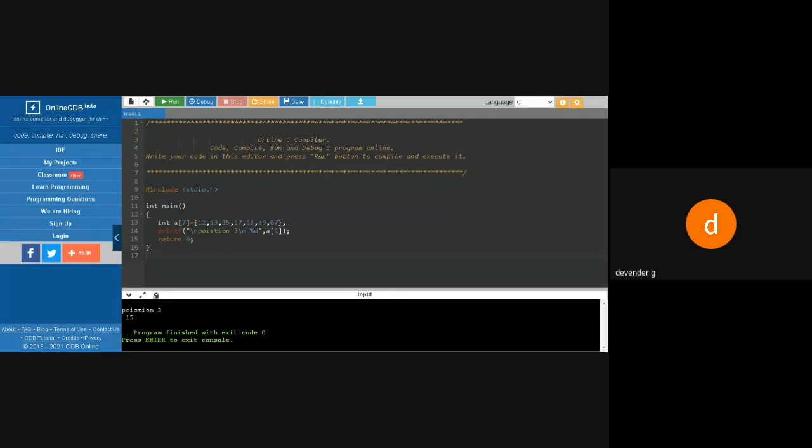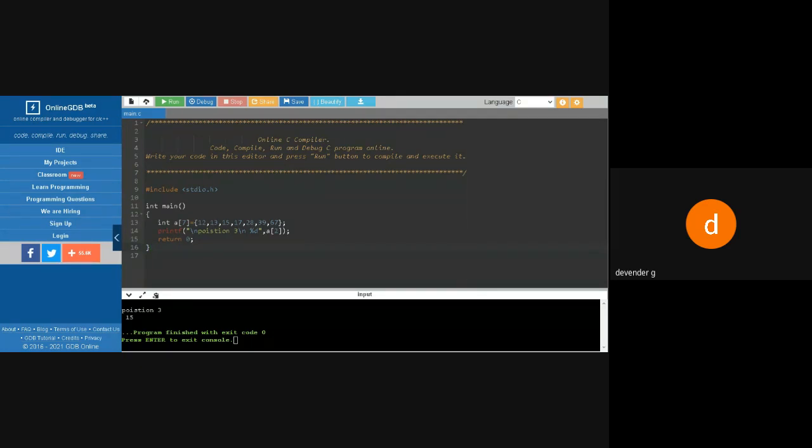Now understand how we are getting the array position. We call this a single dimensional array, because we have only one array. Now I don't want to print them one by one. I want all the elements to be printed at a time, position 1, position 2, position 3, one after the other. How many values are there? There are 7 values. So I want to print all 7 values.